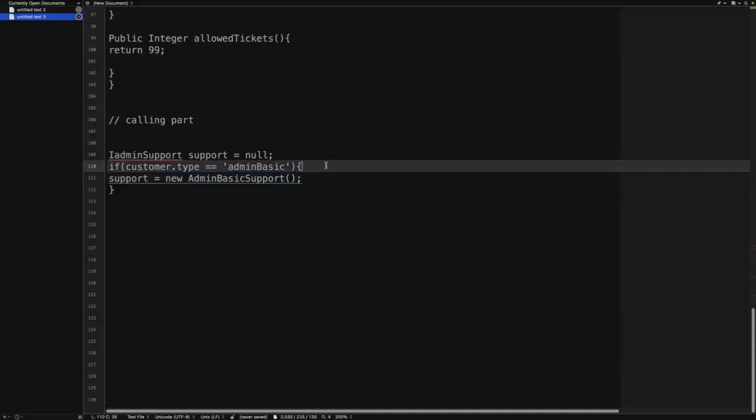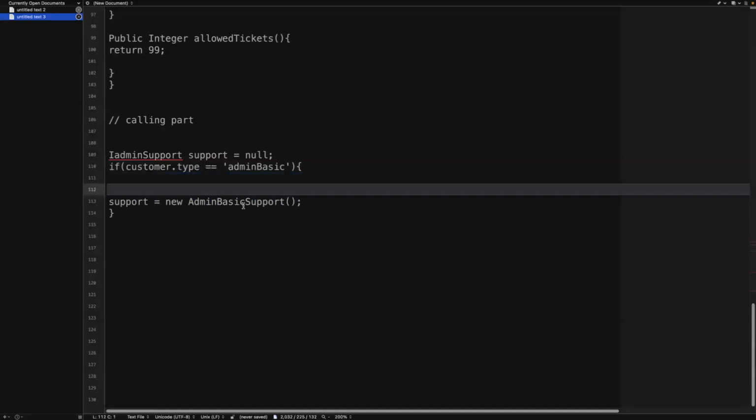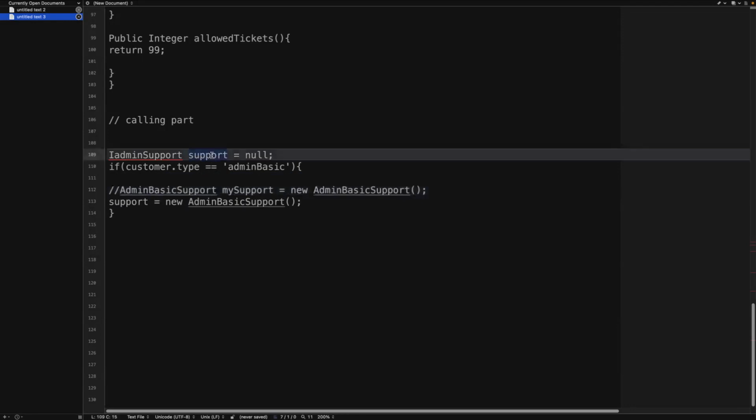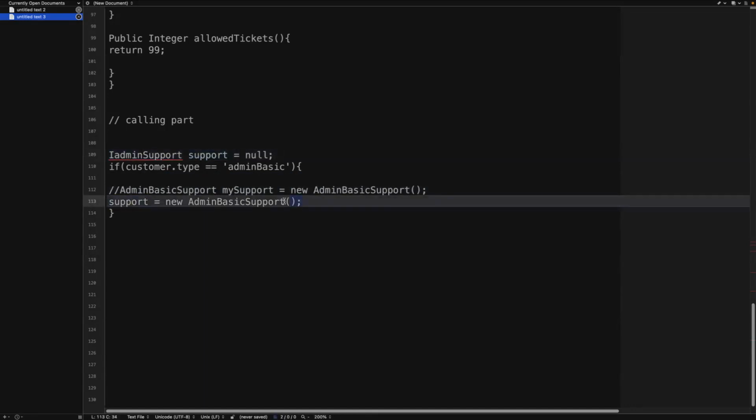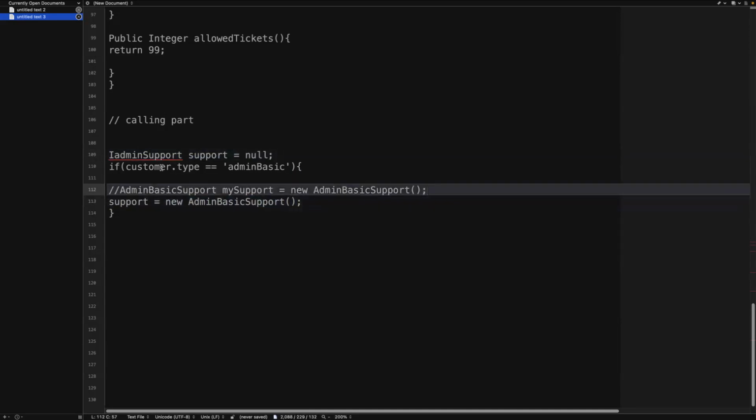Like, you need not write it like this: admin basic support, my support is equals to new admin basic support. Instead, you can just create the instance variable for the interface and equalize it with the kind of class you want to call. So this line you need not write. If customer type is admin basic, then your support will be equal to the instance of the admin basic class. Else